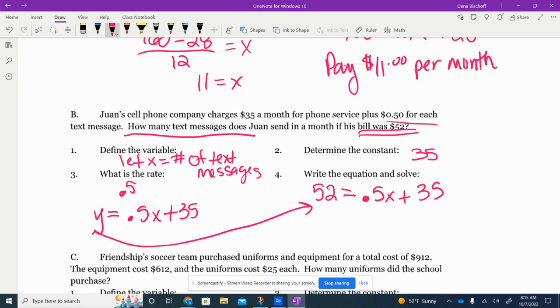We're just kind of skipping that whole y part. I'm telling you what the total bill is. So when I subtract 35 from both sides, I believe I get 17. 17 equals 0.5x. Divide both sides by 0.5. And I think I find out that I send 34 text messages in 1 month, which is really, how many